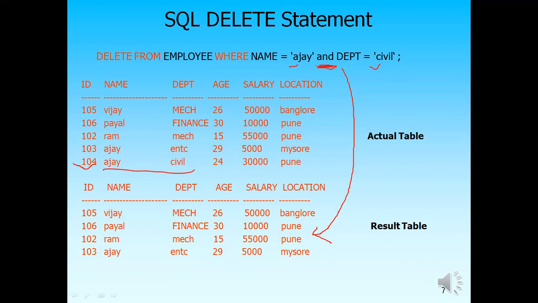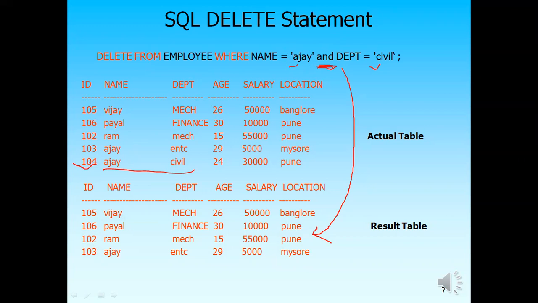Many times what happens, student, pattern matching is case sensitive. This small letter a is different than capital letter A. If my database contains small a, you should match with the small a only, because the ASCII values of the small and capital letters are different, right? So if you pass capital A here, then your record will not match the condition. So that's why we should take care of this.